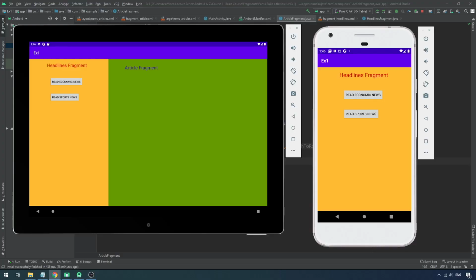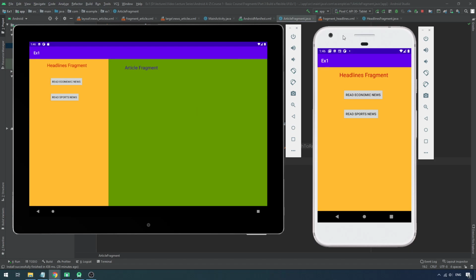Hi everyone, we are very excited to show you what we are going to develop in the next few lessons. In this app you will be learning how to break a large screen into smaller UI parts. You call it multi-pane layouts. You'll be learning about creating fragments, adding a fragment to an activity using XML. Then you'll be learning fragment event handling, adding a fragment to an activity at runtime, and replacing one fragment with the